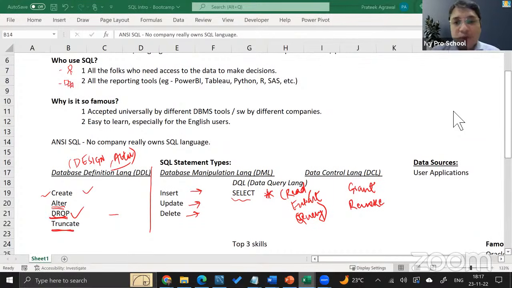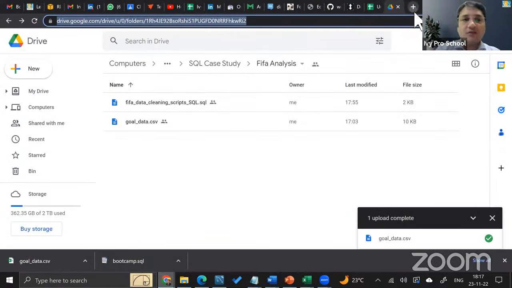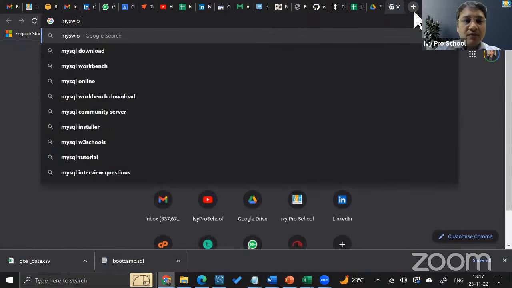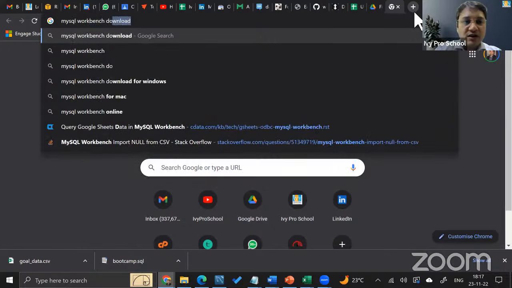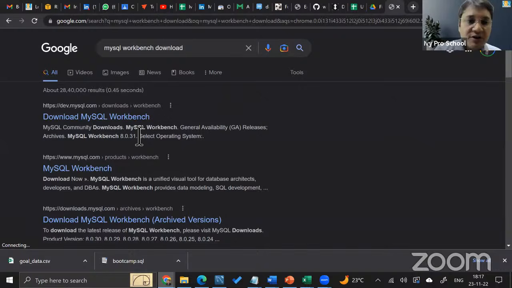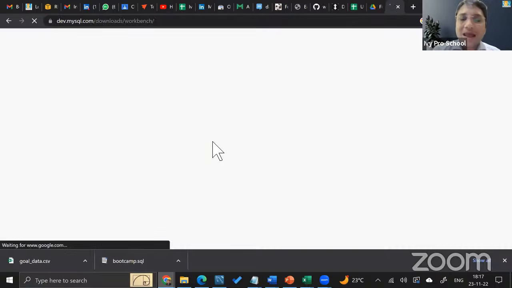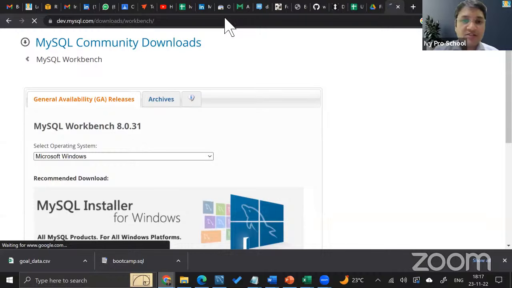Great. Now, assuming that most of you would have installed the MySQL Workbench, the database client that we'll use, and the MySQL database server, where we will actually create the database, I'm assuming that most of you would have done, or at least I'm going to assume that you would have installed the client, which is MySQL Workbench. If you have not done that also, I will just still give you that link. If you just Google MySQL Workbench download, depending on the operating system that you're using, whether it is Mac OS, whether it is Linux, you can choose your operating system and you can go ahead and download.